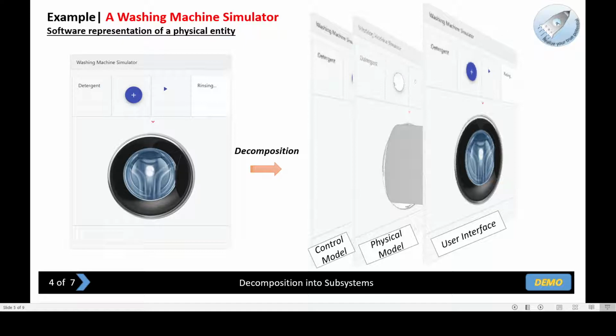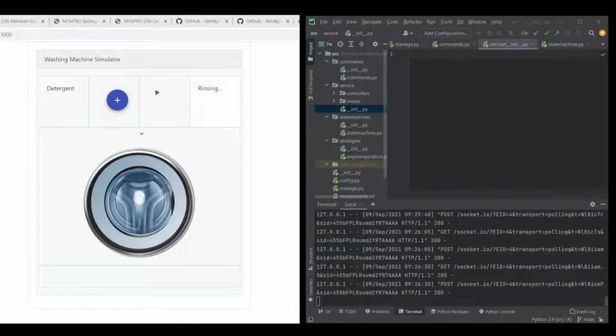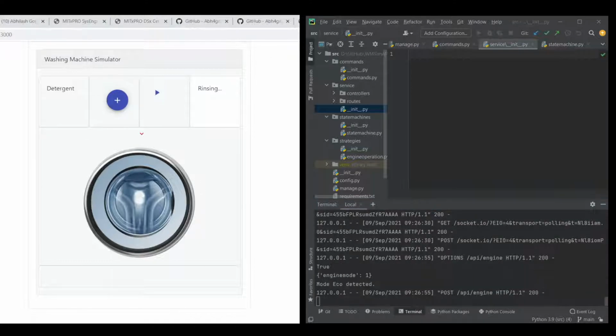Let us quickly have a look at this demo. What we have done is we have created a decomposition, and then we will run the demonstrator to show you how it looks. Here, as you will see, we have economy mode. We selected economy mode. Now we will start the execution, and on execution, on the right hand side, the API will